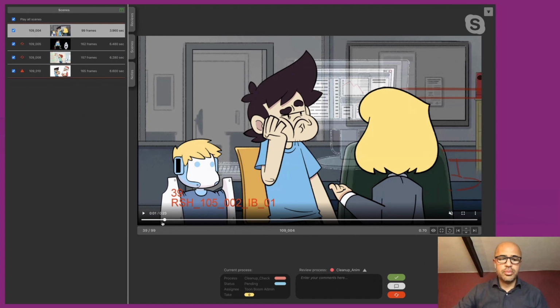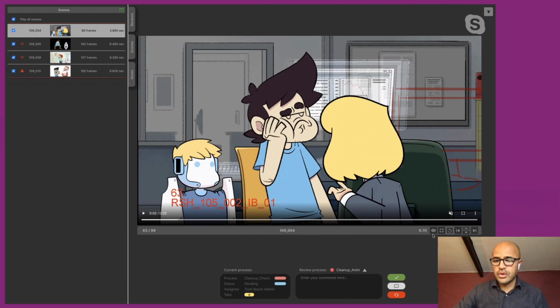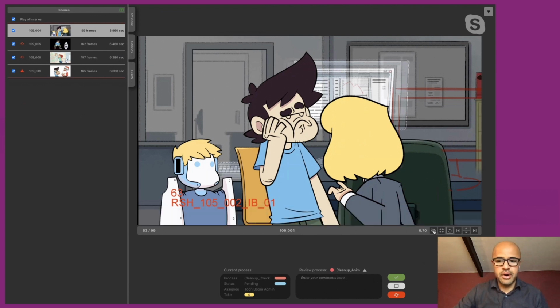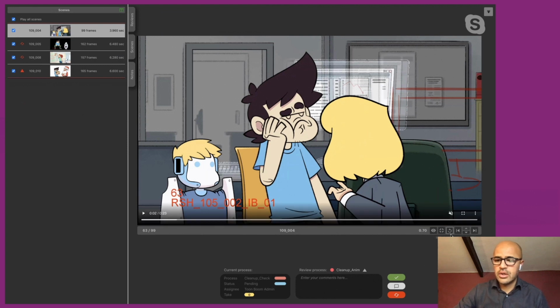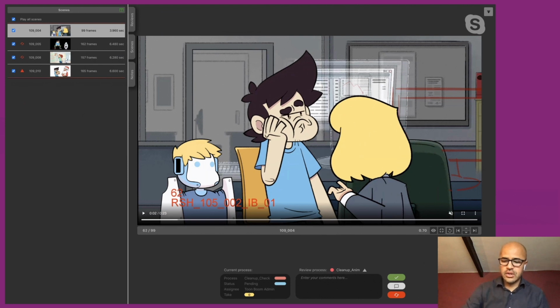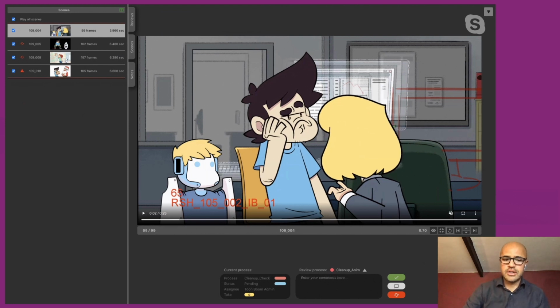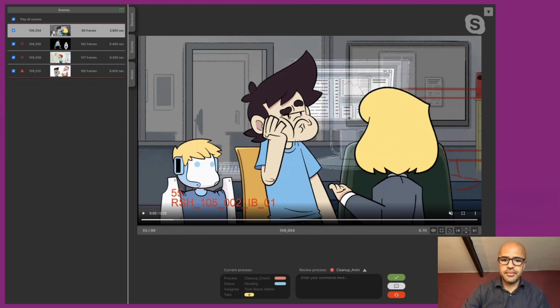You can see the normal playback buttons over here. You can play. You can hide that playback bar to have a nice clean window. You can loop. You can use these buttons to go frame by frame, or you can use your keyboard shortcuts, arrows, to also go frame by frame.